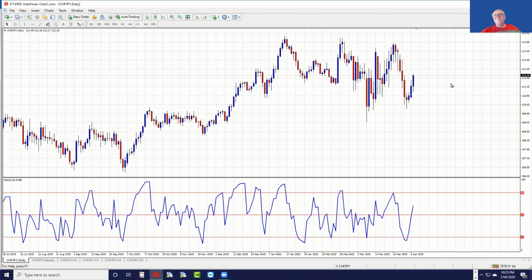I don't think people realize how difficult it is to trade manual trades when you have spikes this size that'll just go and take your stop and come back, and that type of thing. So it's still a very unpredictable market. But certainly some of the currencies have calmed down.